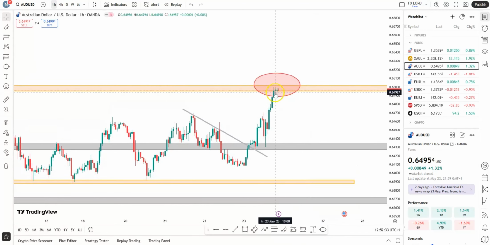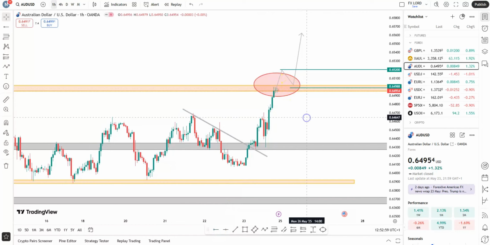market. So if I get a bullish engulfing candle breaking this minor resistance to the upside, retesting. So this is what I mean. If something like this happens, price breaks out of this, retests this resistance level and goes back to the upside, my entry is going to be this level, and my stop loss is going to be just below the retest. So this is my bullish scenario on AUDUSD,